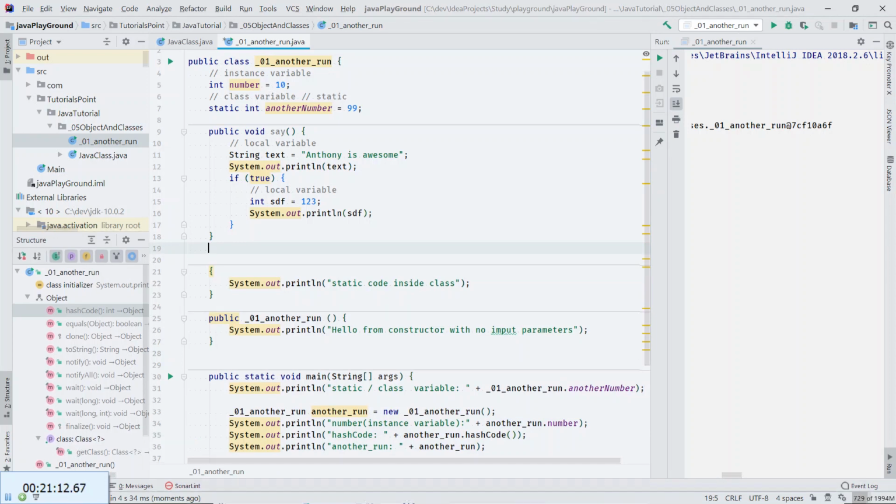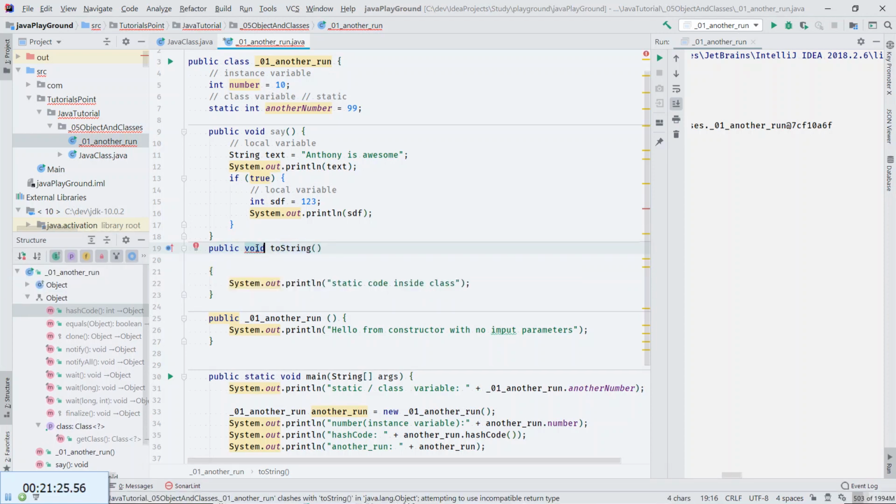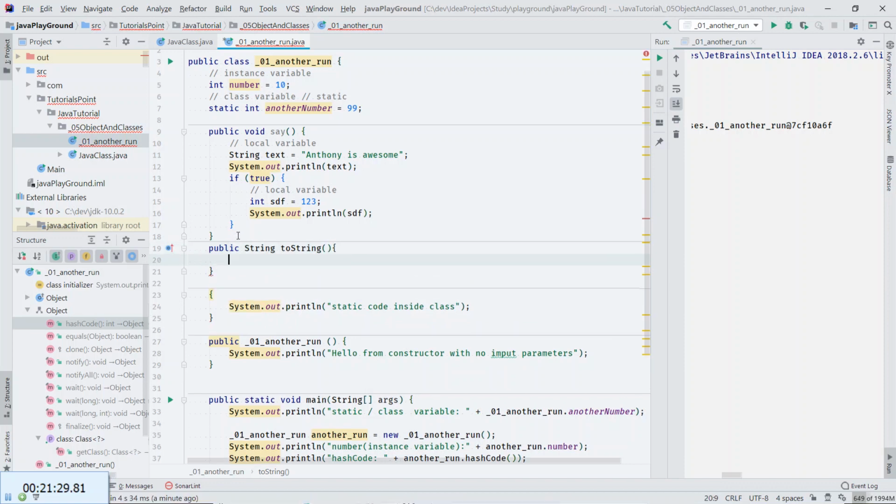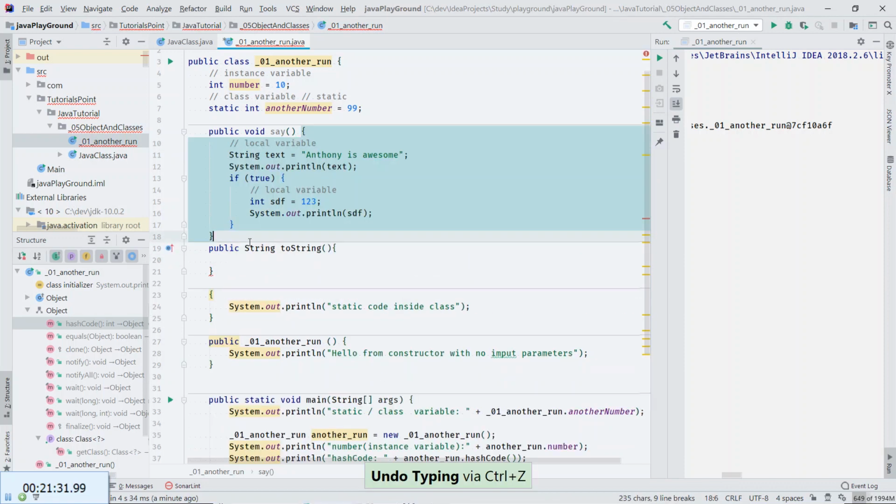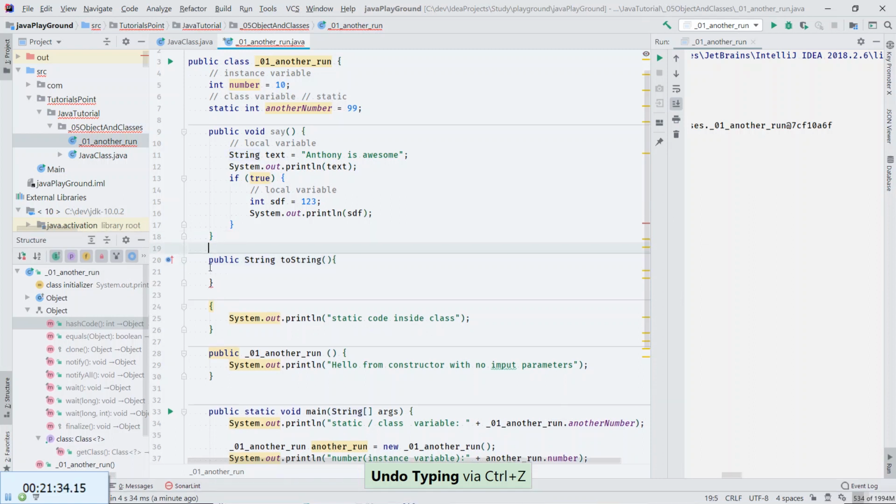So it will be public void toString with no input parameters, string toString. Okay. Oh, dang it. Okay, what is this? What is that? Missing return statement. Okay, and we will return